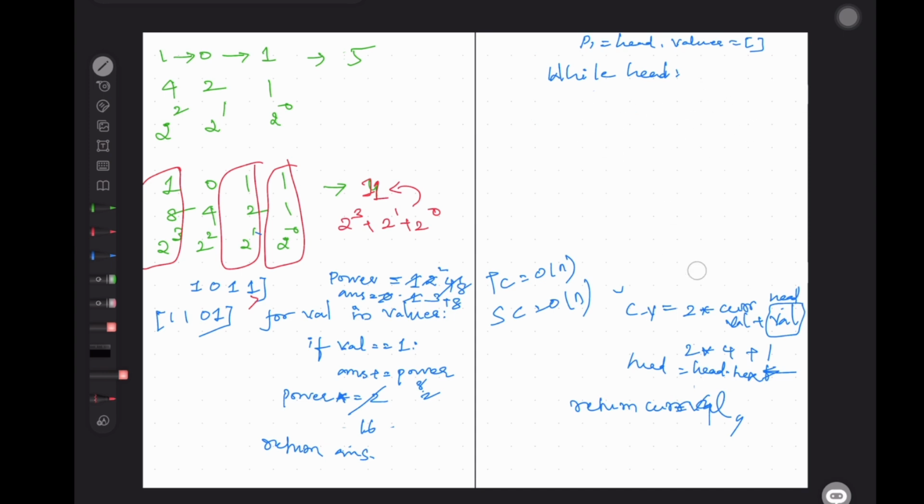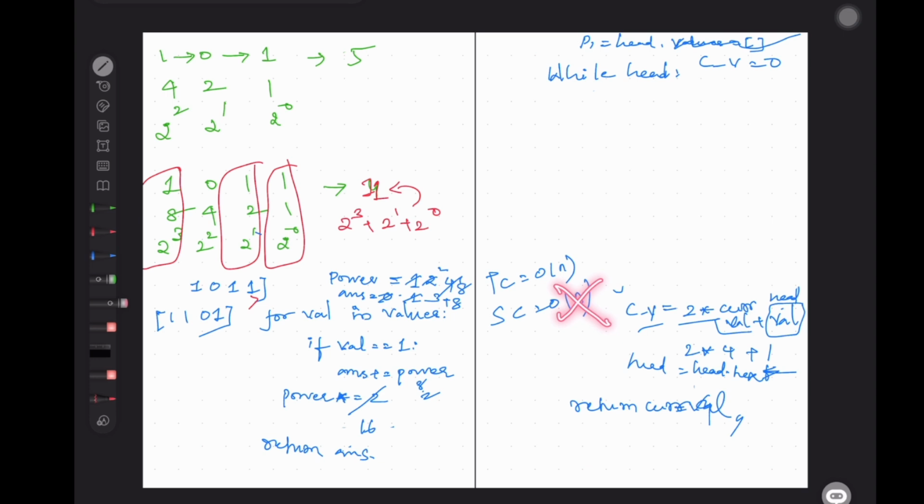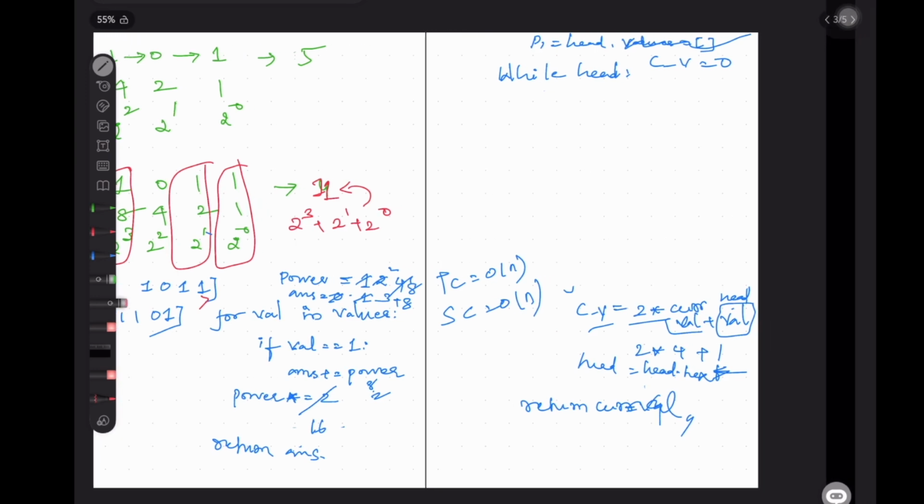We just want while head, and we'll have the current value equals 0, and we don't want this values at all. So just do this bit set, because already we are traversing from MSB to LSB. So we can straight away use the head dot value, and head dot next will give you the next head value. Then you just return the current value. By this we will reduce the space complexity from order of n to order of 1. I hope you guys would have understood this.